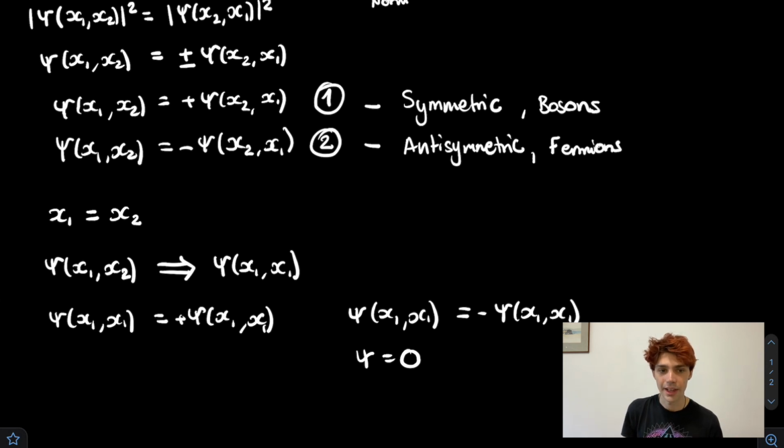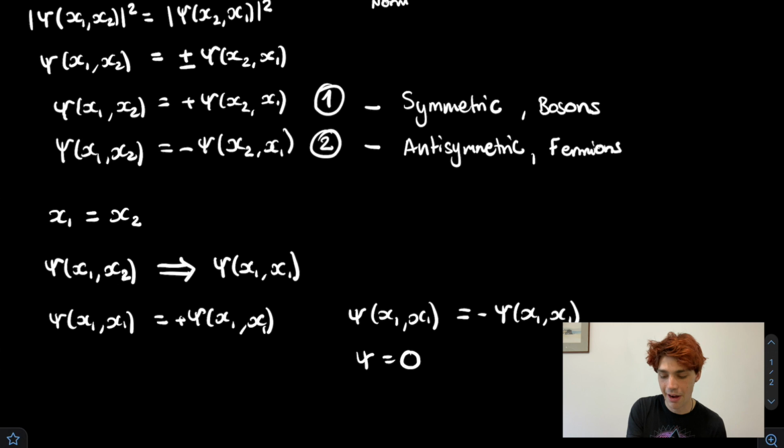Or more generally, it's saying that you cannot put two fermions in the same quantum mechanical state. That's what the Pauli exclusion principle is saying, because you otherwise end up with this weird equality right here that is seemingly a paradox, which is saying 1 equals minus 1. So that is not allowed. You cannot put two fermions in the exact same quantum state.